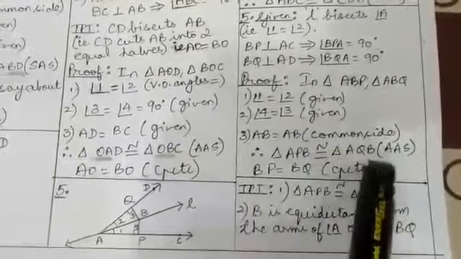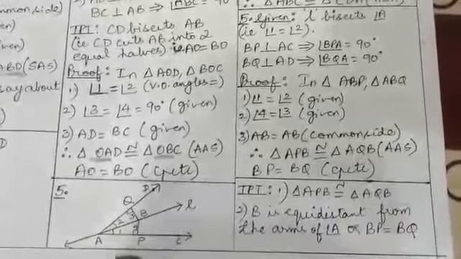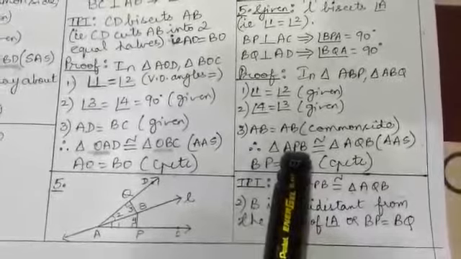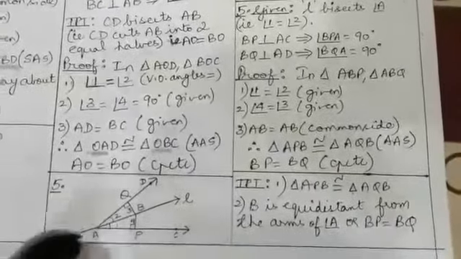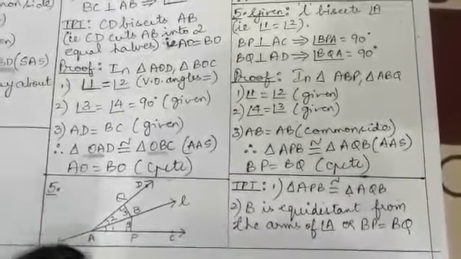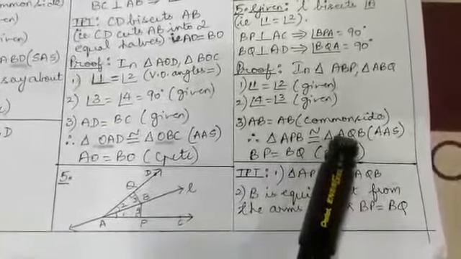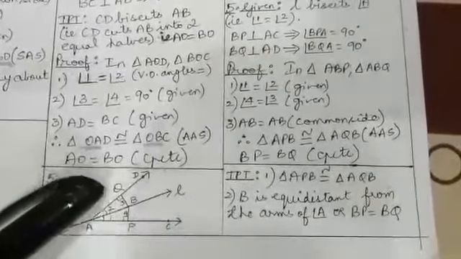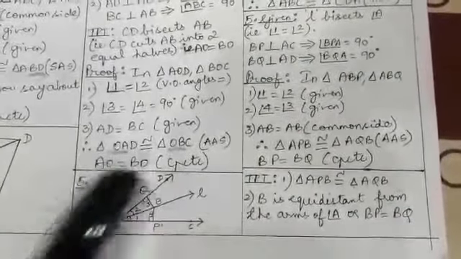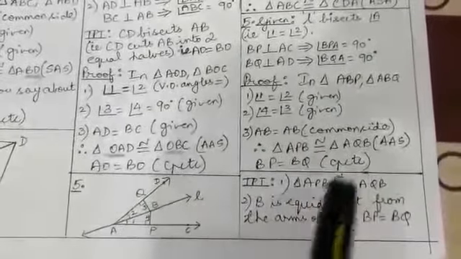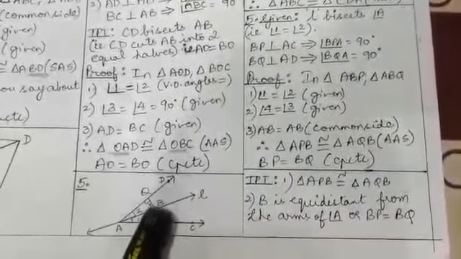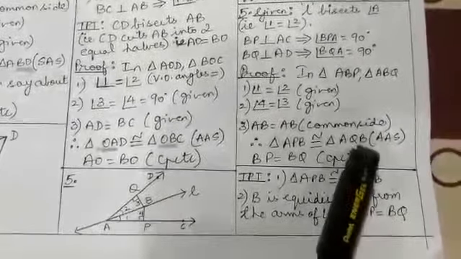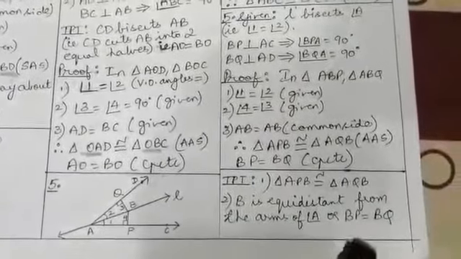It's very easy to name the congruent triangles in the right order. See here, if you call the first triangle APB, what is A? It's angle 1. So angle 1 equals angle 2, right? So when you say A in the first triangle, it is A in the second triangle also. Then P. What is P? It's angle 4. And we know that angle 4 is equal to angle 3. So when you say P, you must say Q of the other triangle. So we have already written A and Q. So the third vertex is B. So triangle APB is congruent to triangle AQB by the AAS congruence criterion.